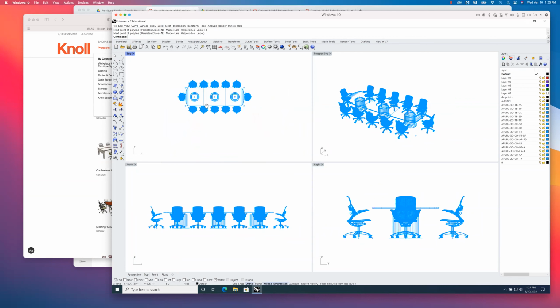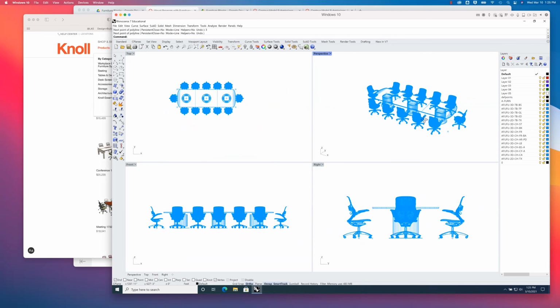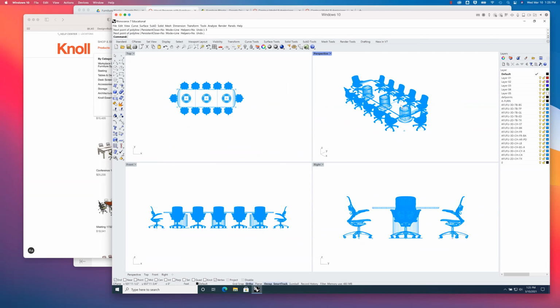For whatever reason, I don't know if this is a Rhino 7 thing or what. It doesn't make any sense to me. When I export things, I had the same problem with Revit. I had to do something particular going back and forth between the two that we'll talk about after spring break. But